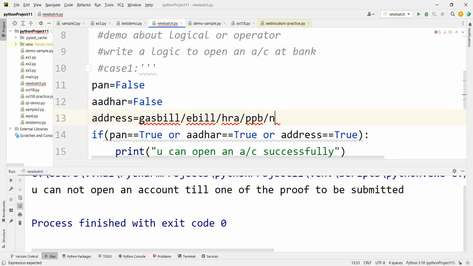An address can also be a notary. If you don't have a gas bill, an e-bill, a house rent proof, or a postpaid bill, the last option is a notary, stating that you are staying at a particular house. He is an authenticated person, an Indian citizen. A lawyer will give it, and if something goes wrong, the lawyer is held responsible. A witness will be taken by the lawyer that he is known to so and so person. Now the point is, here I am not going to